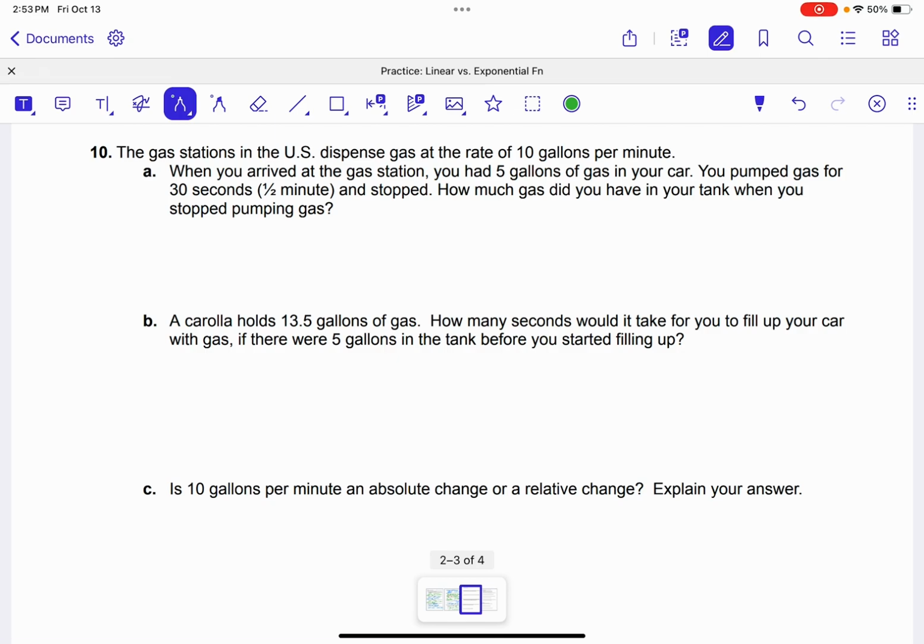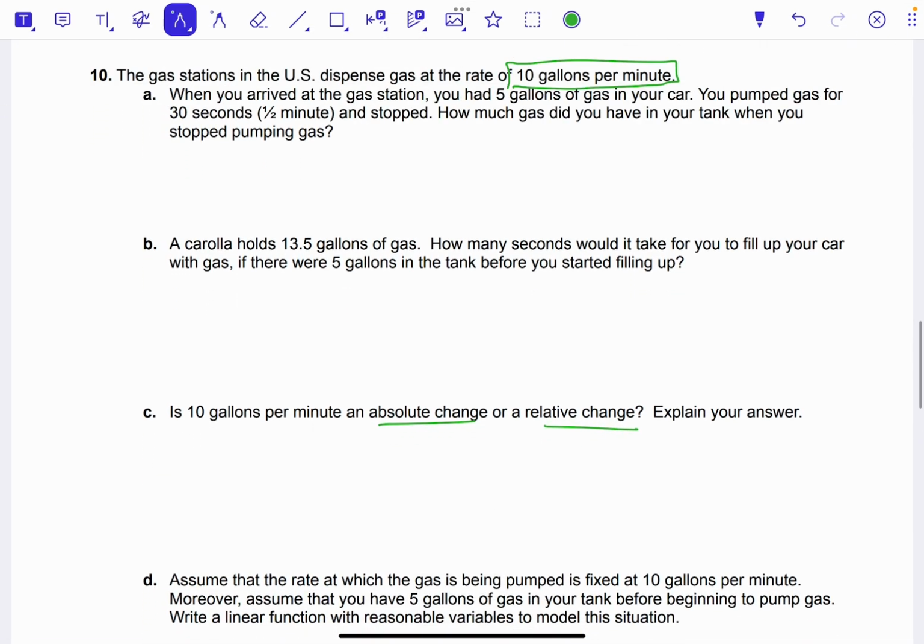All right, so we have gas stations in the U.S. typically dispense gas at a rate of 10 gallons per minute. And in C, we're asked, is that 10 gallons a minute an absolute change or a relative change? And it's an absolute change. And I know it's an absolute change because each minute that goes by, your car gets 10 more gallons of gas. That's an adding relationship. It's going up the same amount each minute that goes by. So it's an absolute change